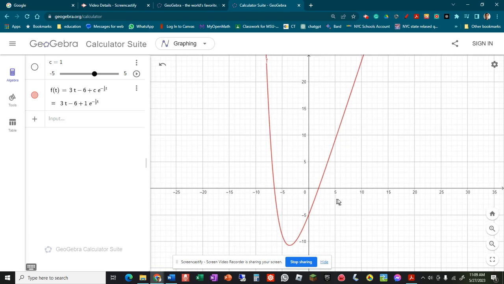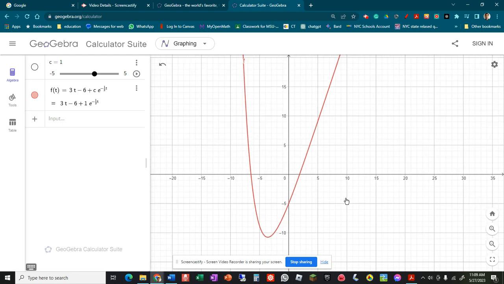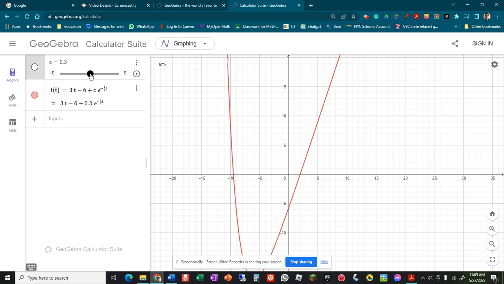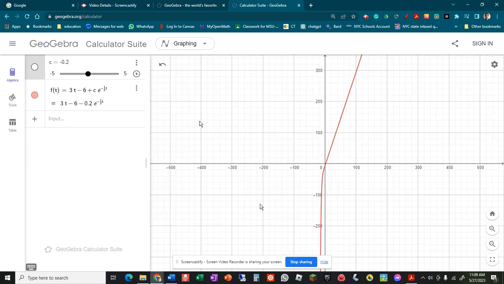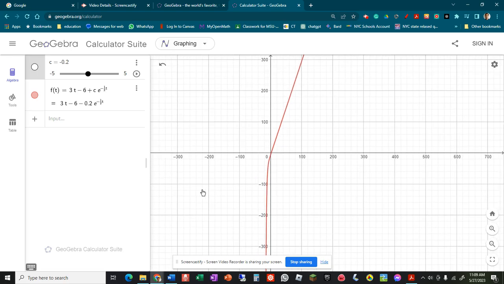Okay. It looks like a parabola, but it's not a parabola, of course. And then you can move the c and see how it looks. And you can zoom in, zoom out like that. Okay, excellent. Now let's move my c, and clearly you can see